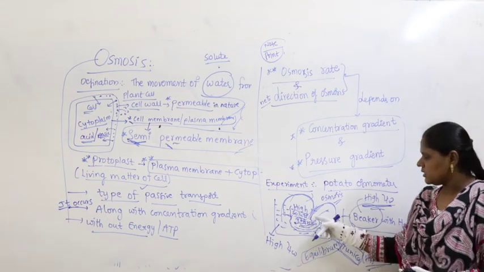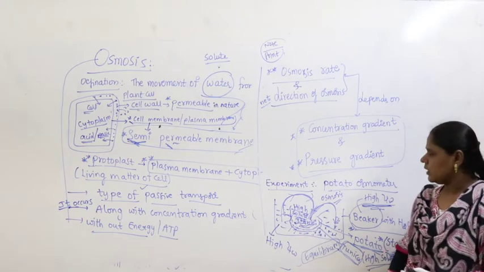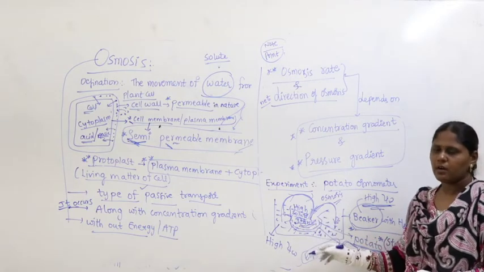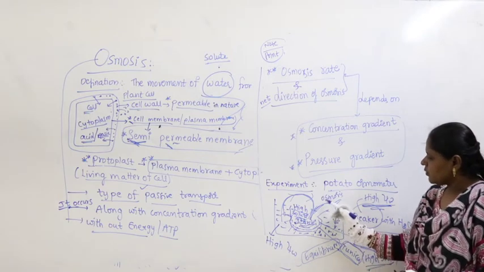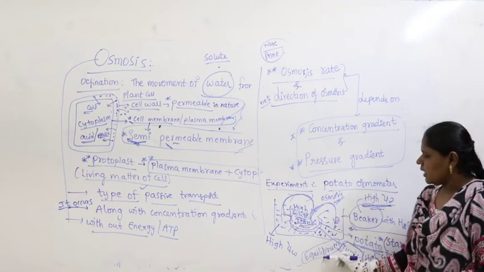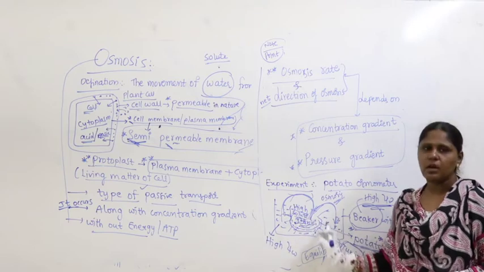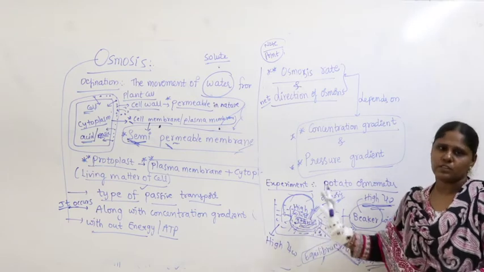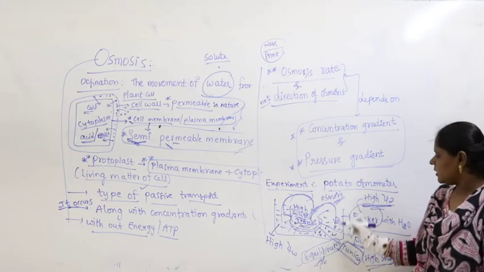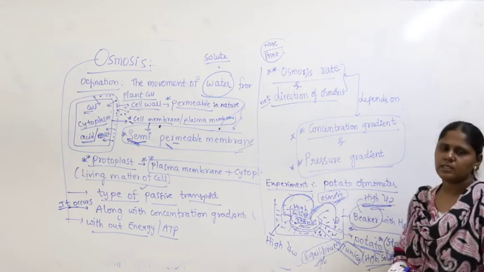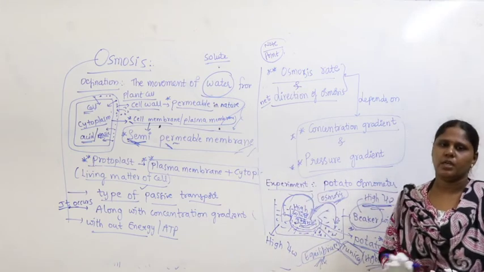After some time the starch gets dissolved here, and water enters into the potato in all directions, across the tunica also. So after some time, starch solution comes out of the potato and is added to the beaker. That is what occurs here, and it is called osmosis. How long does it occur? Until it reaches uniform concentration of starch across the beaker. The total beaker becomes fully starch solution. It takes place until it reaches equilibrium. So that's a good indication to study the process called osmosis. Tunica acts as a semi-permeable membrane.